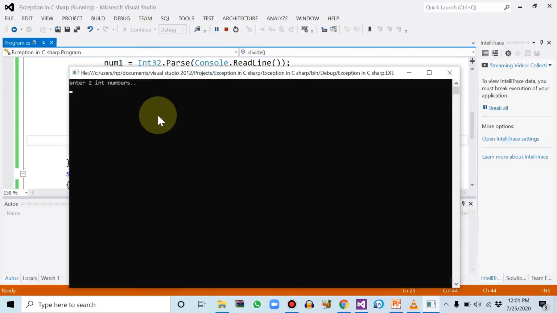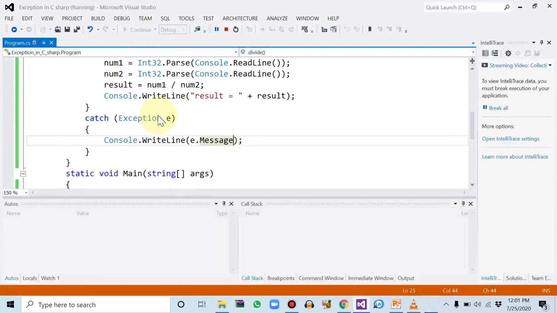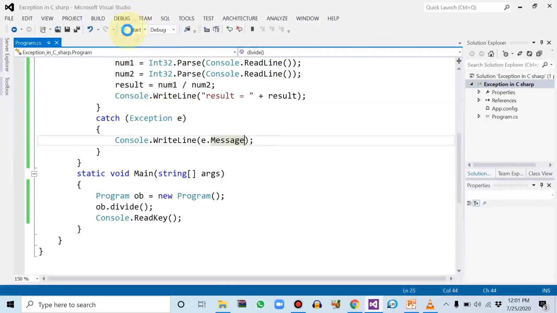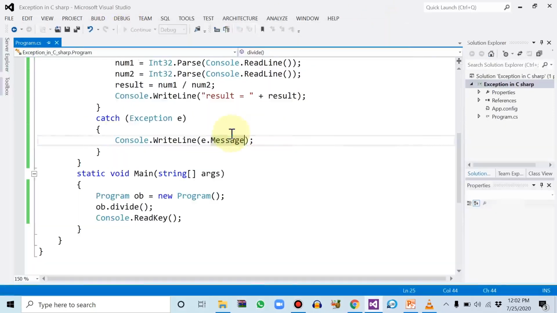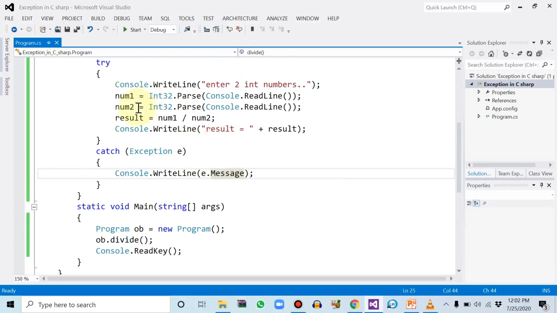Input string was not in a correct format. Again, we have thrown an exception, and within the catch block we have printed a built-in message. So we have just printed two types of messages. One is the input was not in a correct format, and the second was the divide by 0 error.